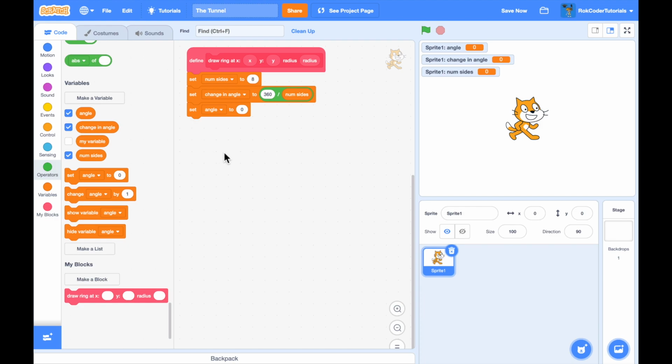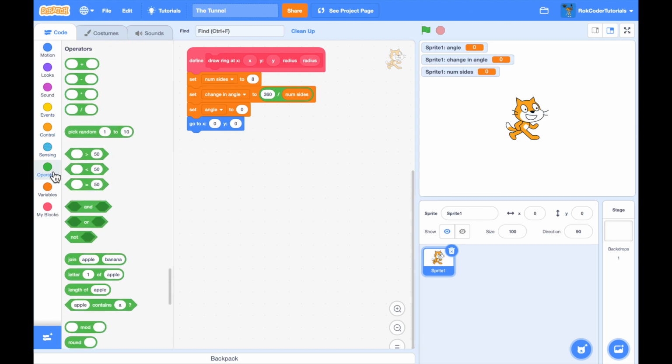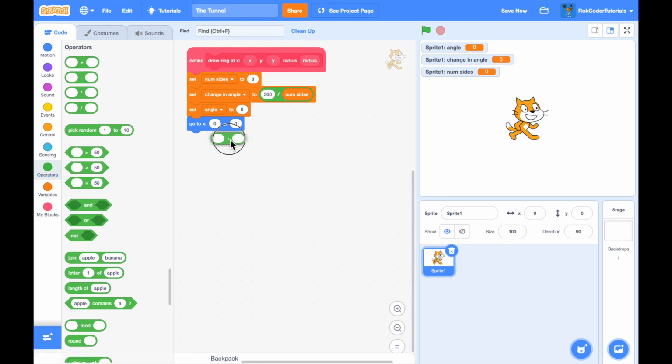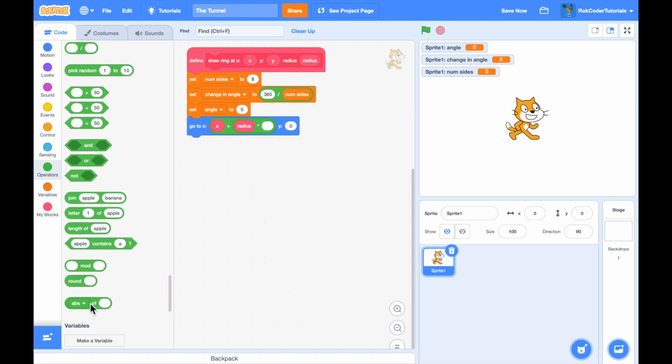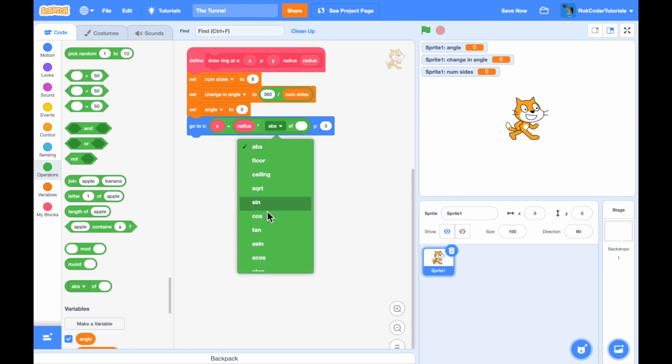And now comes in the trigonometry, beautiful trigonometry. We won't touch on it too much in this project, but we do need a little bit to draw this circle. So we're going to go to, and now this is where it comes in, we're going to use sines and cosines to get this circle working. So it's going to be centered at x plus radius times, I'm going to use this mathematical function, we're going to change it to cos, which stands for cosine,